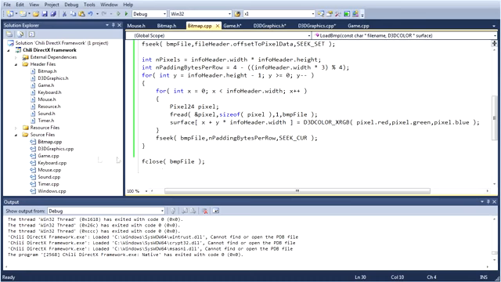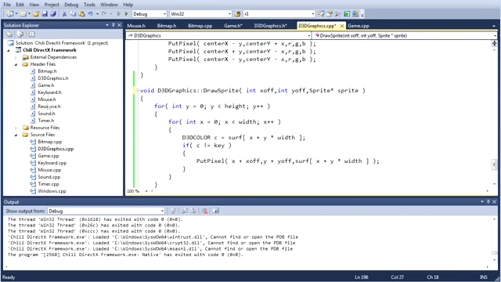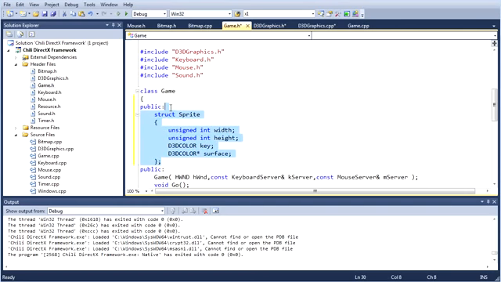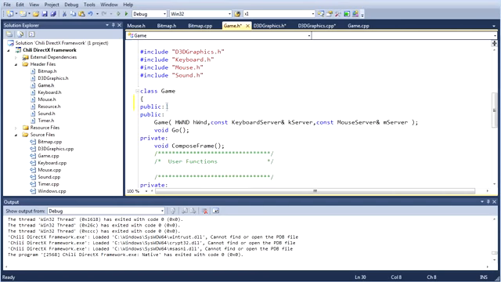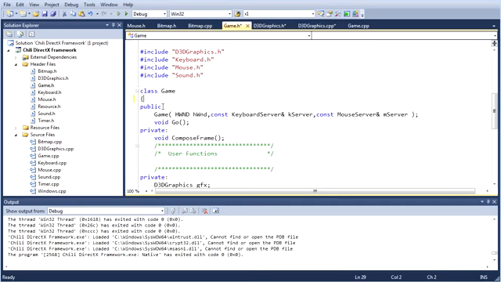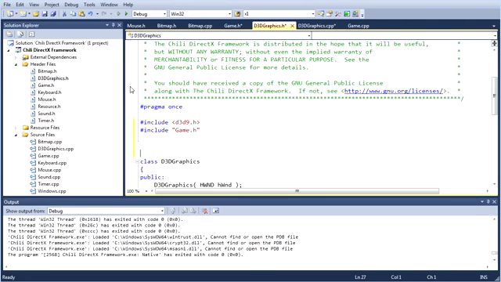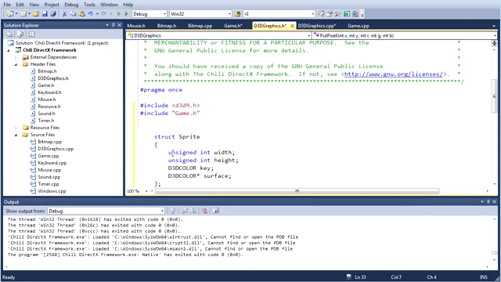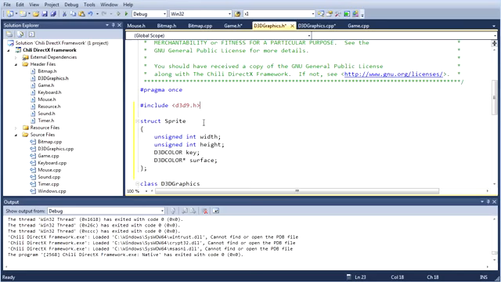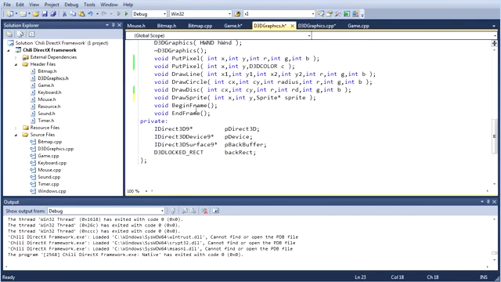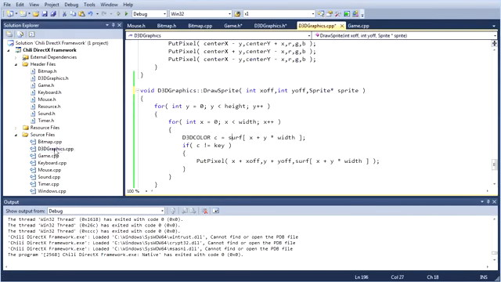Yeah, that's what I'm going to do. I'm going to make it part of the graphics file. I'm not going to make it part of the graphics object, though. So we'll go to game.h. We'll cut that out. Delete that. Not that it matters. And in d3d graphics.h, I'll put it at the top here. There. And that will be fine. Now,